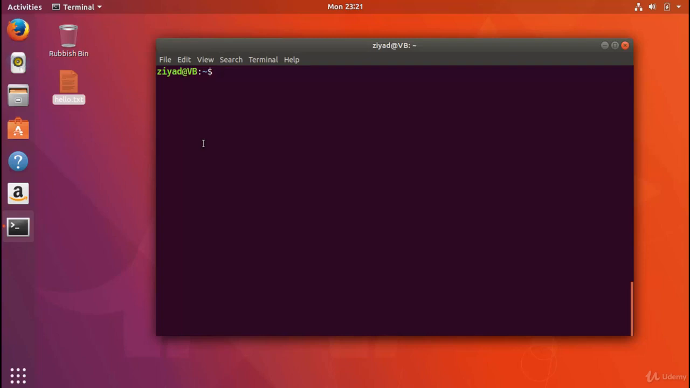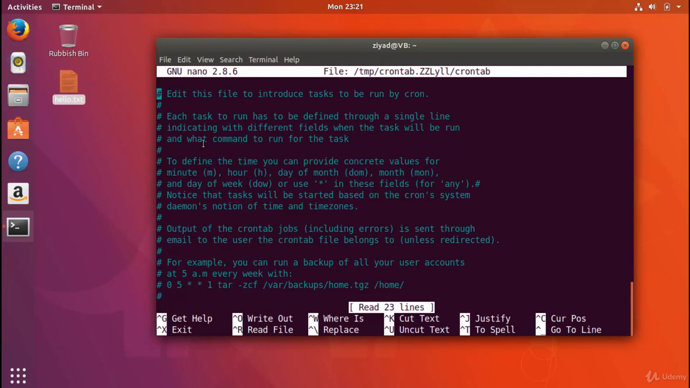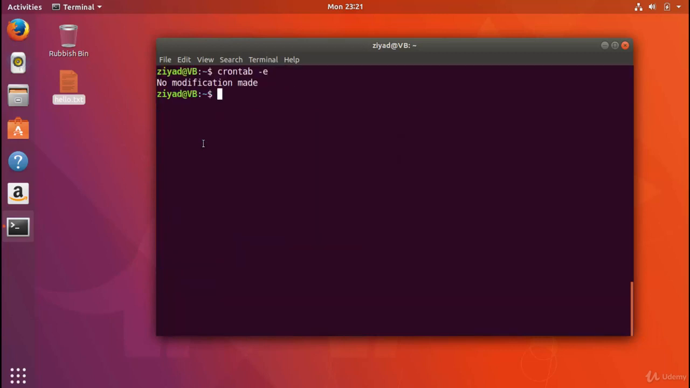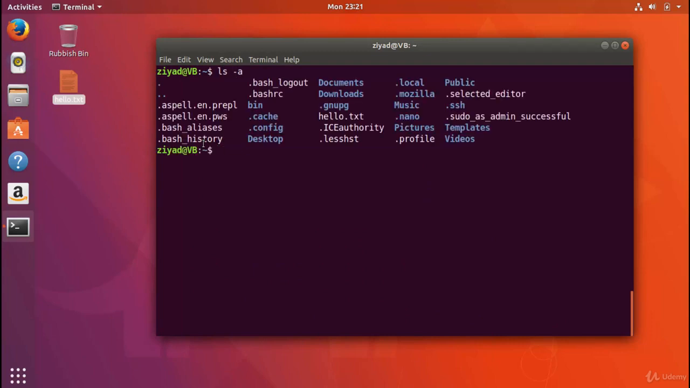So let's take a look at our crontab again. Let's go crontab with the -e option, and we've opened it up. See, it's remembered that nano is our editor, and just in case you're interested, if you go onto your home directory and you look at all the files with ls -a, there's a hidden file here called .selected_editor, and it's that file that stores your preference for